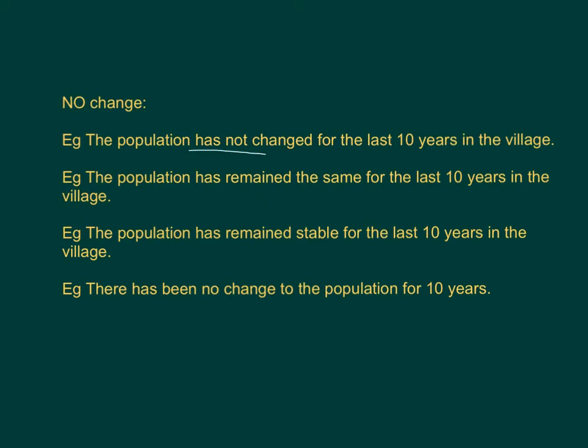has not changed for the last 10 years in the village。咁第二個 example 呢，就係 The population has remained the same for the last 10 years in the village。咁第三個 example 呢，就係 The population has remained stable for the last 10 years in the village。第四個 example 呢，就係 There has been no change to the population for 10 years。咁呢四個 example 我 underline 咗嘅字呢，都係代表 no